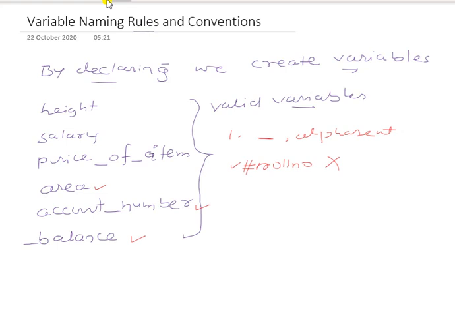Similarly, you cannot use one in between also, like number hash. This is also invalid. You cannot use any special symbol in between. Price underscore dollar, this is also not valid because you are using a special symbol.